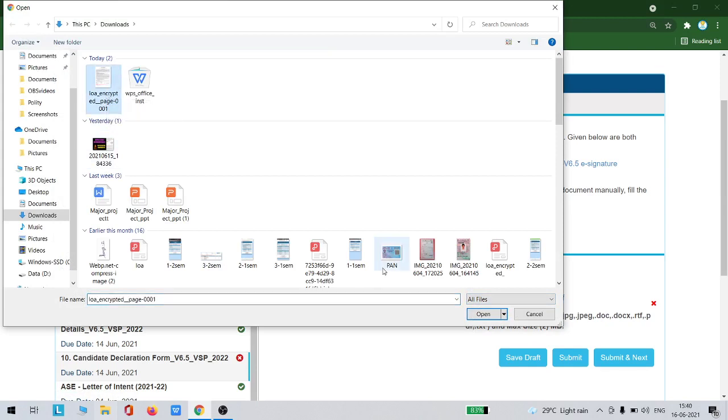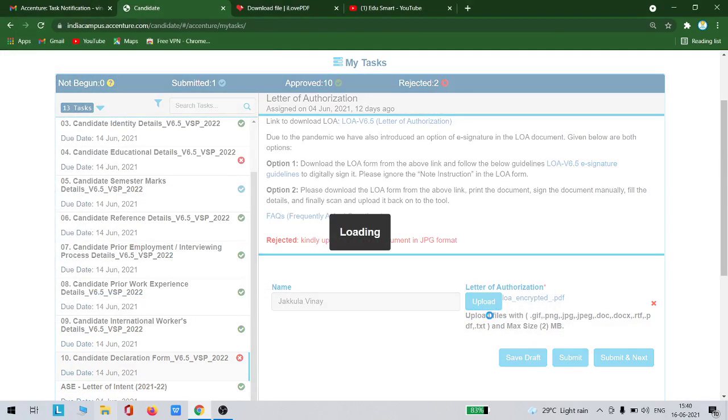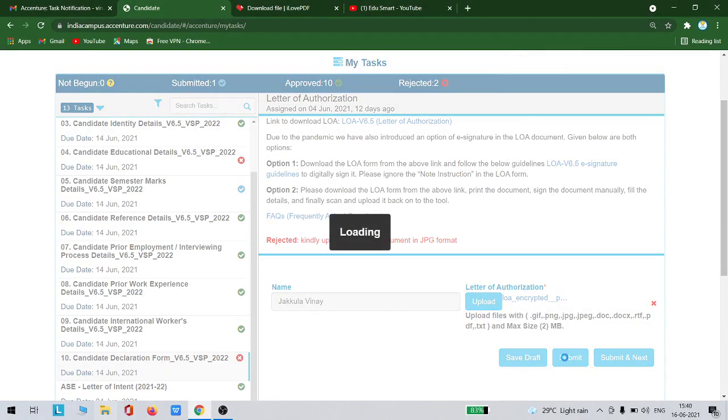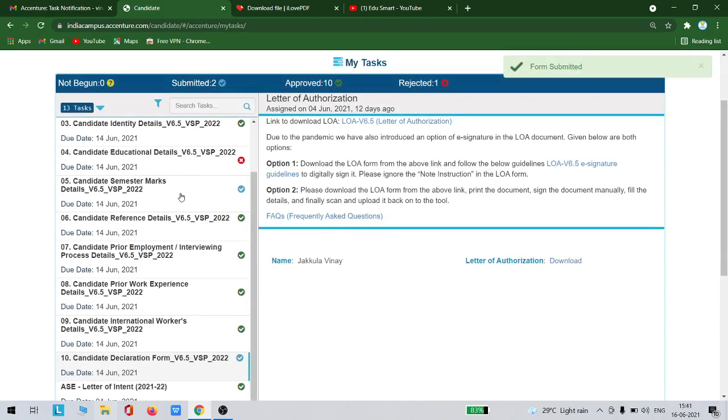So this was the image. I'm uploading it again in the JPG format, and then I will click save draft. So now it will be saved. I can even click this task because there is nothing to worry about with this task, as it was already done. I have changed it into the JPG format. So this is about this task rejection, and apart from this, you might not get any other.